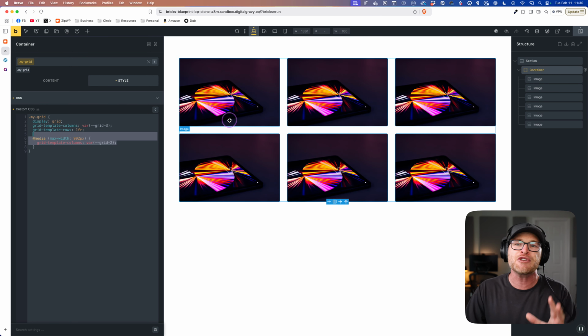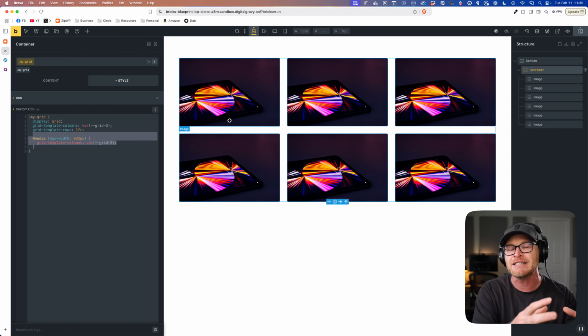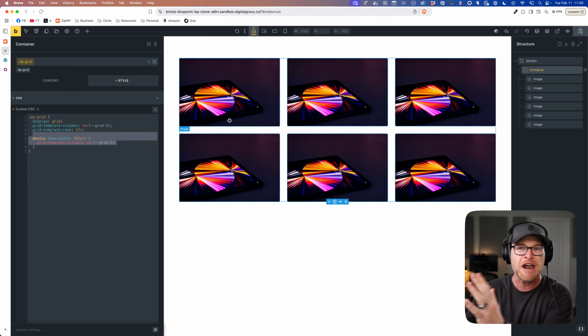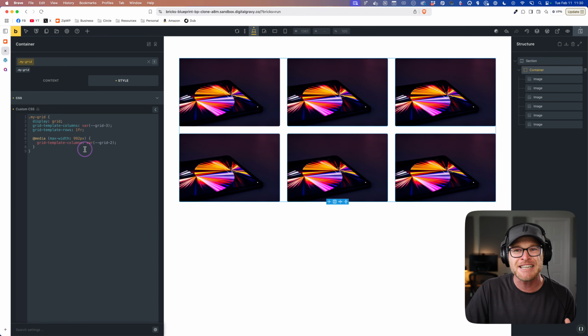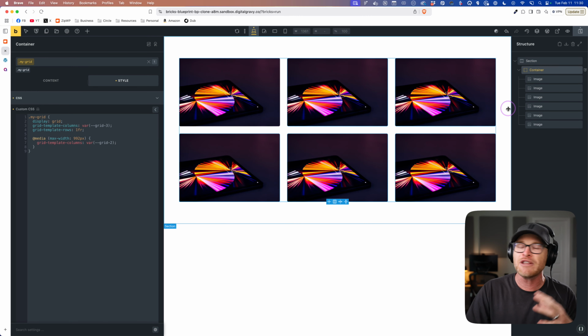So Etch is going to independently control the CSS from the canvas. You can do whatever you want with the canvas and still see the same CSS you're working on, right? And so this is gonna make nesting much more powerful because you can finally see what you're doing with your nested CSS. And then, by the way, there's also gonna be dynamic breakpoints.